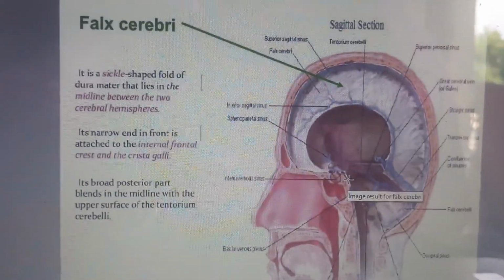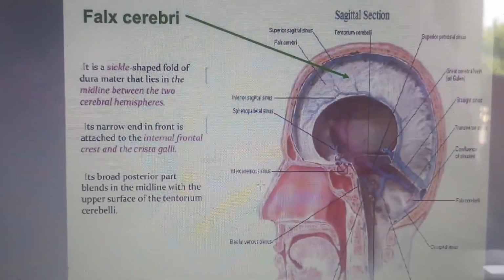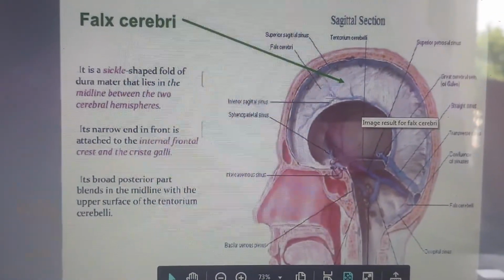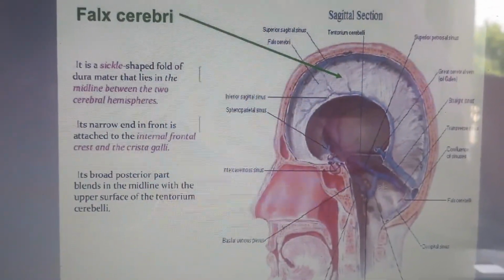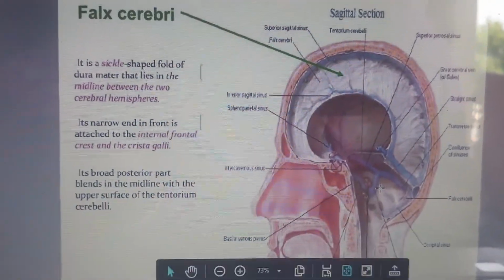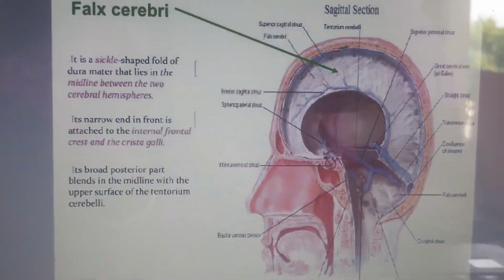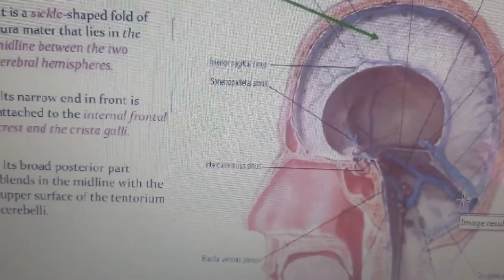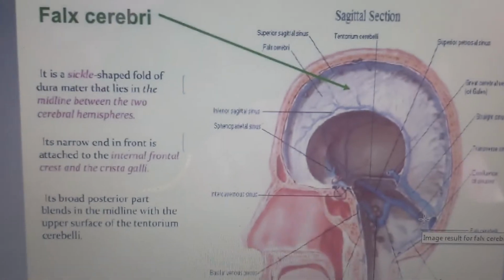So here is what we can find, that this is the falx cerebri. This is entirely the falx cerebri, and we are seeing a sagittal section of the head and neck, and you can find that this is the inferior sagittal sinus, this is the superior sagittal sinus. Here the layer of the tentorium cerebelli has been slightly cut open to show the presence of the sigmoid sinus, the superior petrosal sinus, the straight sinus, and also the great cerebral vein of Galen. And in the cavernous sinus area we can also find the intercavernous sinuses.